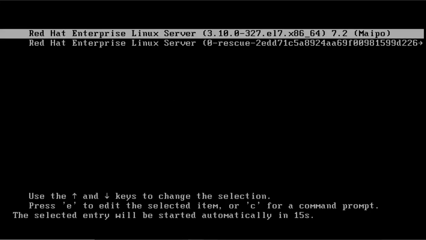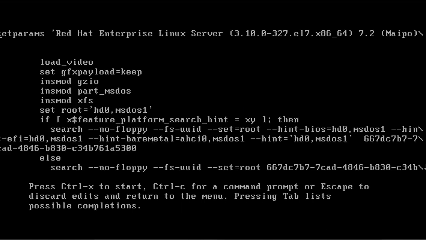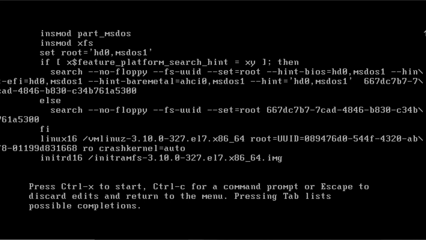We stop the timer, select the kernel, and press E for editing the kernel. Now what we edit is we add a parameter to go to single user mode.